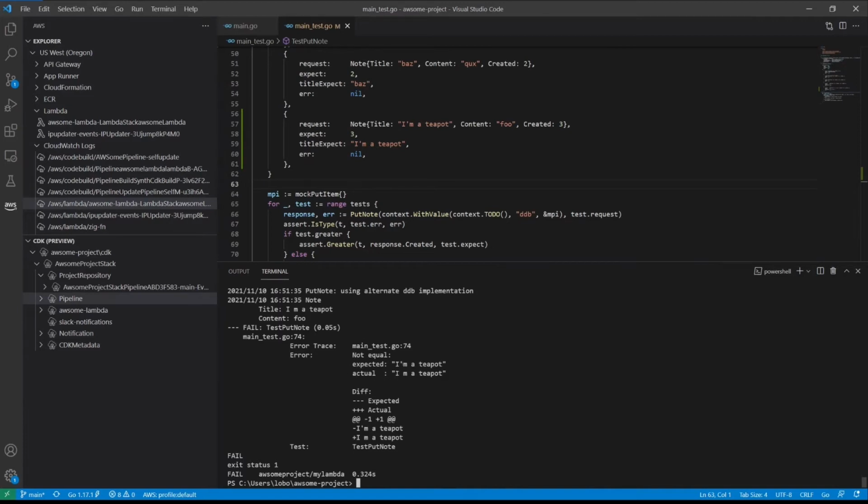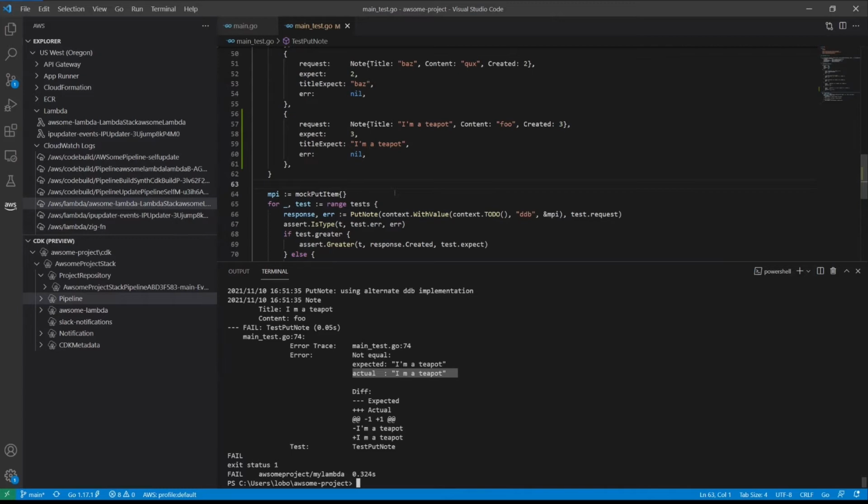So we'll see here we have expected "I'm a teapot" with the apostrophe and an actual "I'm a teapot" without the apostrophe. So this is a good thing. We've been able to reproduce the issue against the live service, and now we've been able to reproduce the issue in a unit test environment.